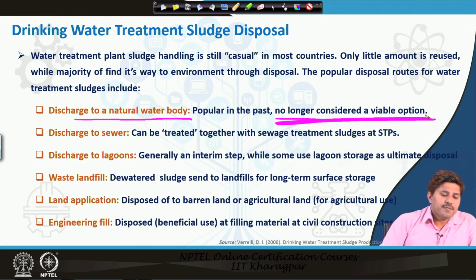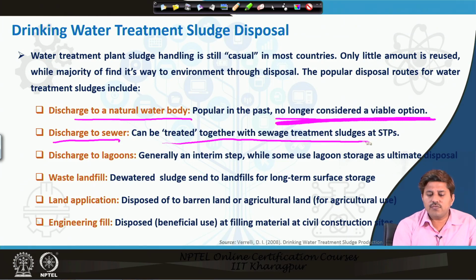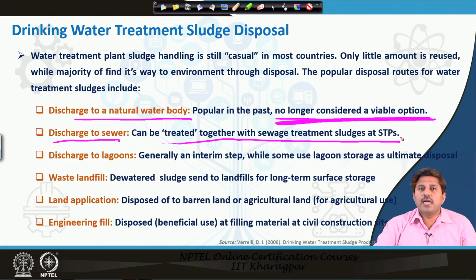The other disposal place is discharging to the sewer. So the water treatment utility at times puts it into the sewer line, and then it can be treated together with the sewage treatment sludge at the STPs. Here also, many times, if it is not discharged directly to the sewer, it is filled in trucks and brought to the wastewater treatment facility or sewage treatment facility, and then it is processed along with the sewage